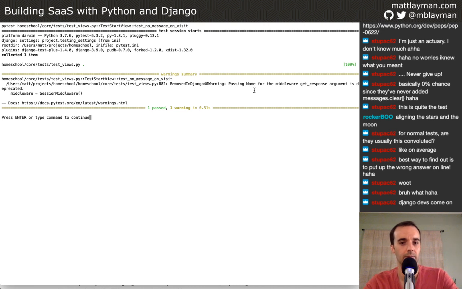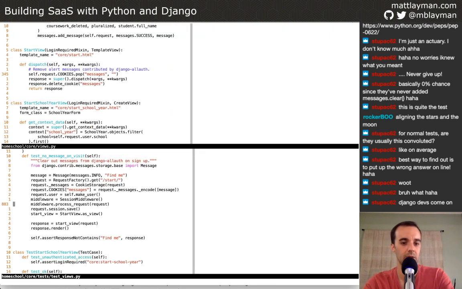Oh, okay. When you build a middleware, it probably needs a lambda. Well, it needs a function that can handle,